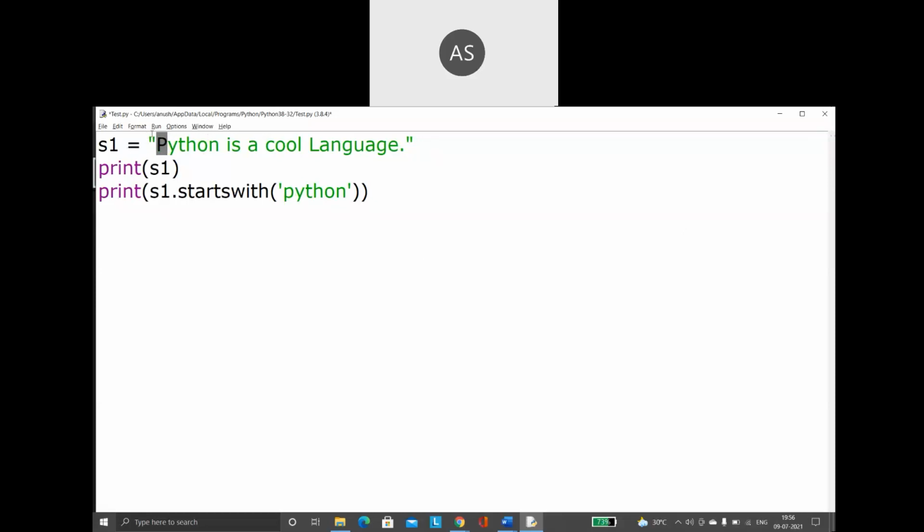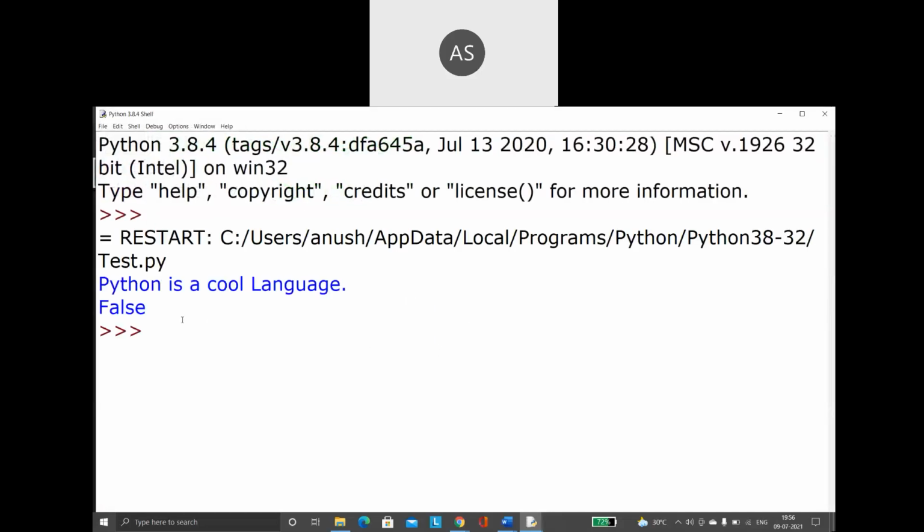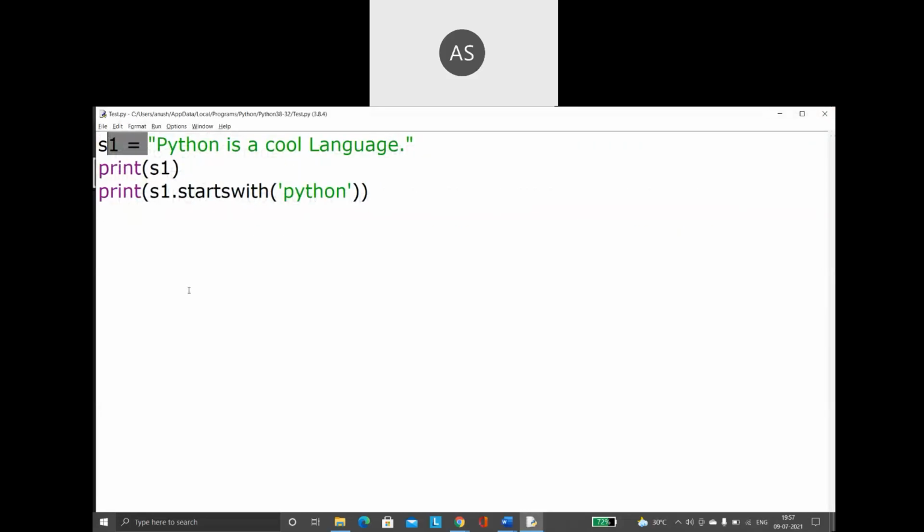When you run this, it is going to give the value false because the starting character is not matching. So remember, that is what startswith does. It is case sensitive. It has to start exactly like what you have given here; the exact characters must match. Then only it will return true. Otherwise, it is going to give false.